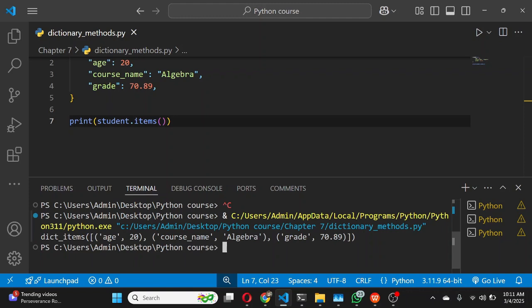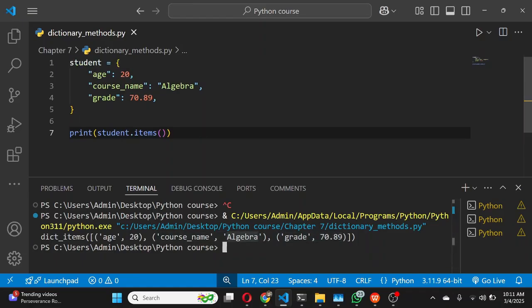You can see it gives us a list of tuples actually, and each tuple contains the key itself and then the value. Here we have grade, the value. Here we have course name and then the value, which is algebra. Now, what that tells us is that we can actually loop through a dictionary because it is also an iterable sequence, just like a string or a list or even a tuple. So since dot items gives us a list containing the key and the value itself as an element,